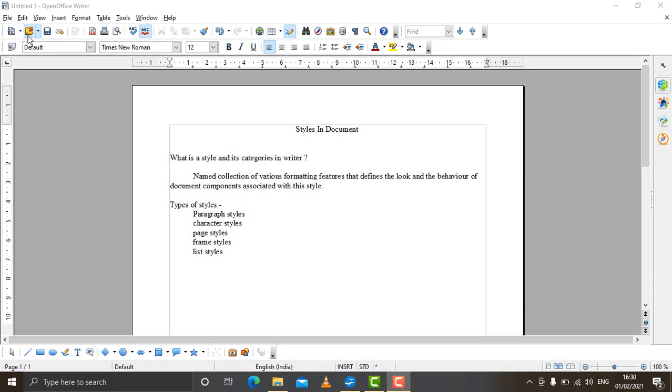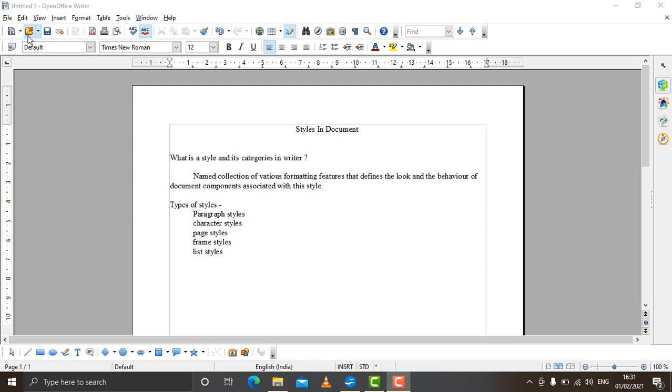Some features you might have already studied in previous classes. We will begin with styles and its various categories. Basically, styles are the formatting styles in which different kinds of text will appear on the document, like paragraphs, lines, words, different types of text which appear at different places. There are styles for all these kinds of text, and we can apply them to make our whole document more attractive. We will be learning about all these types of styles and their categories.